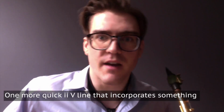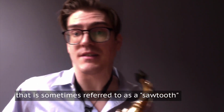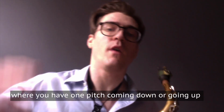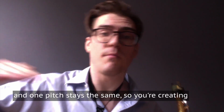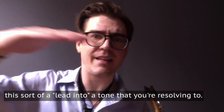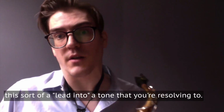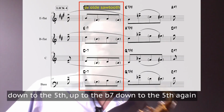One more quick 2-5 line that incorporates something that is sometimes referred to as a sawtooth, where you have one pitch coming down or going up and one pitch stays the same. So you're creating this sort of lead into a tone that you're resolving to. In this case, we're starting on the root of the 2 chord, down to the 5th, up to the flat 7th,